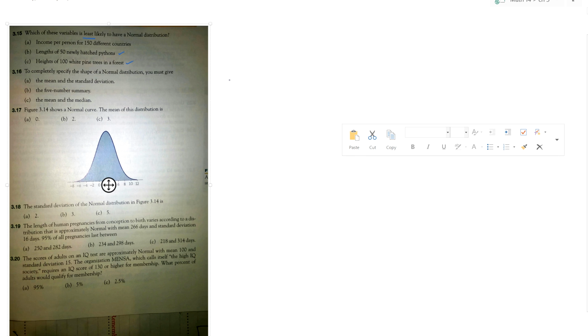Alright, we'll do 15 to 19 all in this one video because they all go pretty fast. Which of these variables is least likely to have a normal distribution? Income per person for 150 different countries, length of 50 newly hatched pythons, or the heights of 150 white pine trees in a forest. Well, these two are going to be